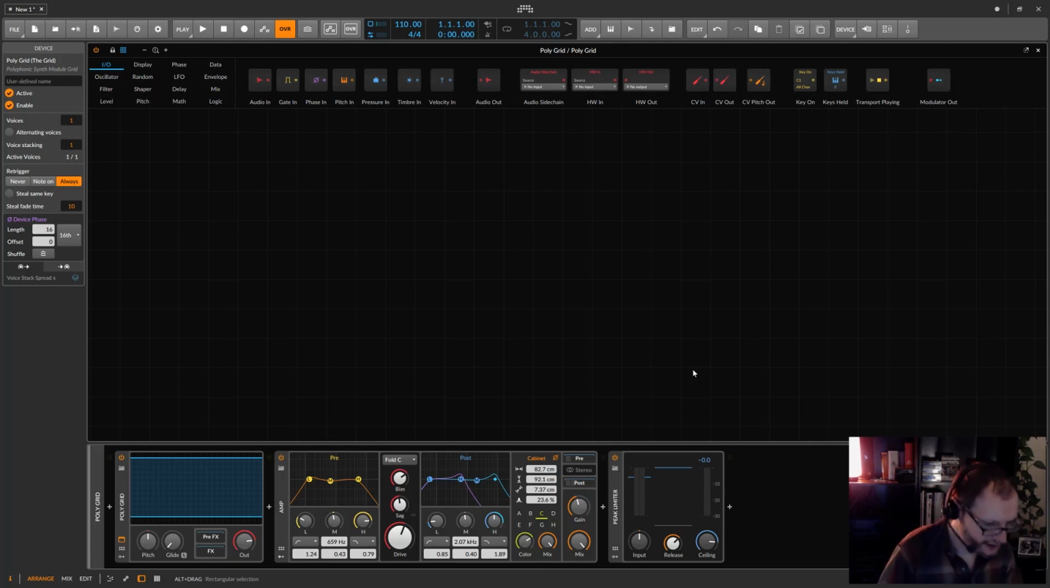Hello, Chill Computer Guy. Today we're in Bitwig Studio 3. We're taking a look at the beta, taking a look at the grid here. As you can see, I've emptied it out. It's completely empty. One thing, if you're going to use the grid, you want to be sure to have the